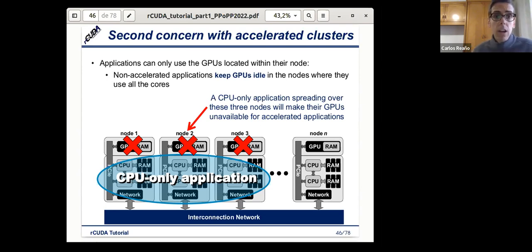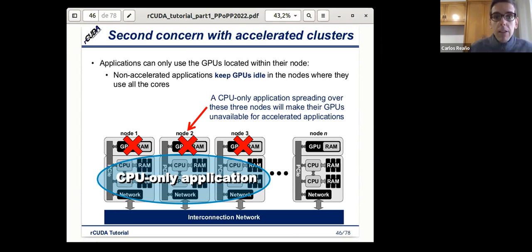The second concern that we are showing in this presentation is also related with sharing the GPUs in different nodes. For instance, here we see that if we have a regular server without using remote GPU virtualization, all the nodes that only run CPU applications have their GPUs idle. Those GPUs are not being used.